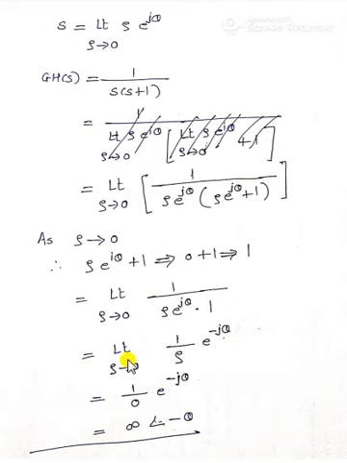Now the next step is limit rho tends to 0, 1 upon rho, and this exponential function is shifted to the numerator with a minus sign, right? E raised to j theta is in the denominator. If we are moving it to the numerator side, then it becomes e raised to minus j theta, and this rho value is 0, so 1 upon 0 means what? Infinity, with an angle of minus theta. Infinity is the magnitude value, and minus theta is the angle of e raised to minus j theta.